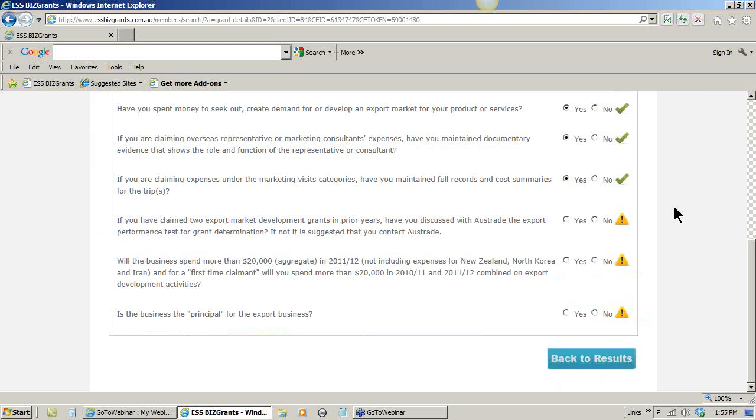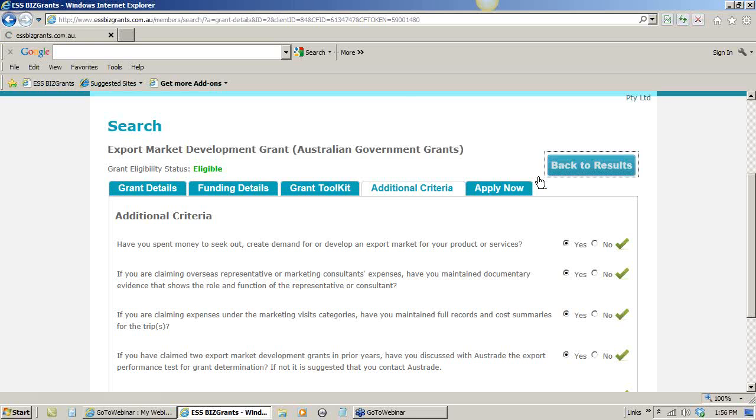If you've claimed 2 export market development grants in prior years, have you discussed with Austrade the export performance tests for grant determination? We'll answer yes to that. Will the business spend more than $20,000 in 2011-12, excluding New Zealand, North Korea and Iran? And for a first-time claimant, you can spend more than $20,000 in 2 combined years. So if we answer yes to that, and are we the principal for the export business? We answer yes for that, and that should say that we're eligible, and we'll go back to the